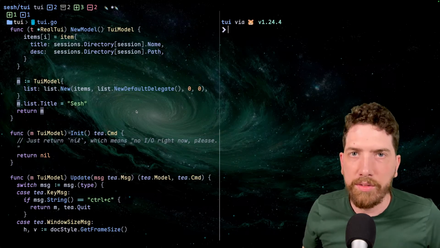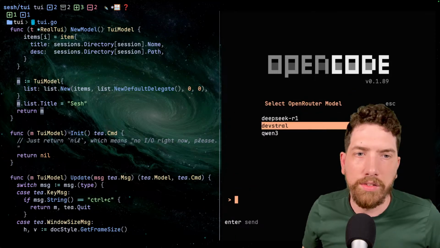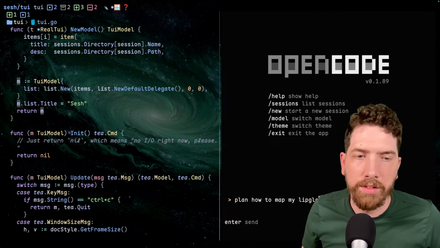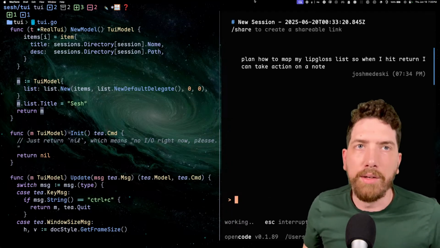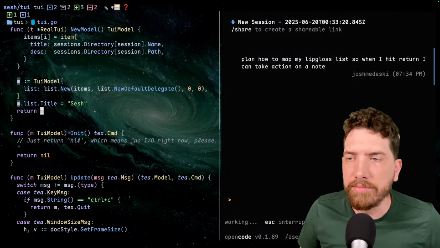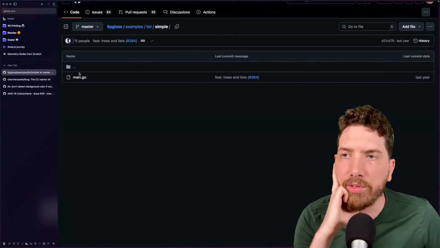All right, so now let's try OpenCode today. And let's just see if I can figure out how to map my lip gloss. All right, we're going to see how much this completely crushes my computer. I'm curious to find that out. But what we should do